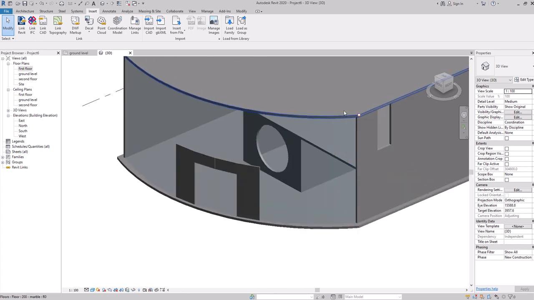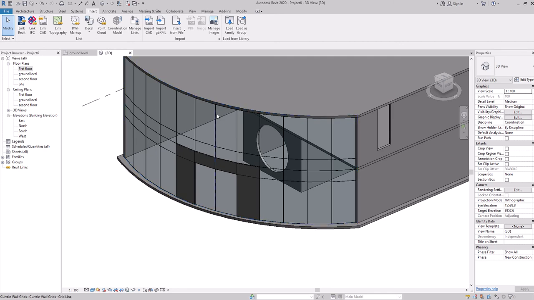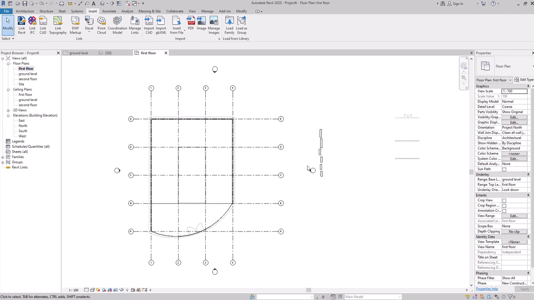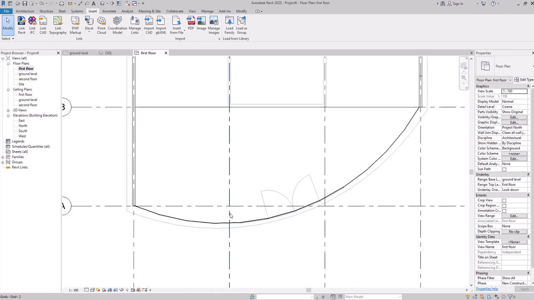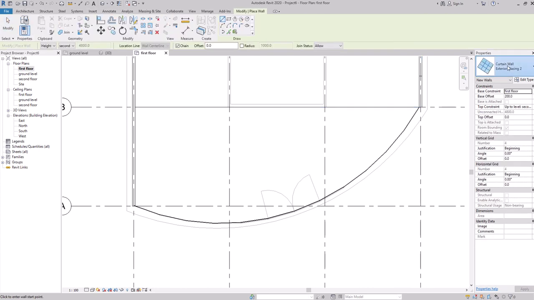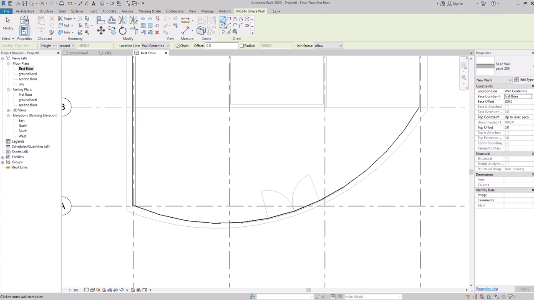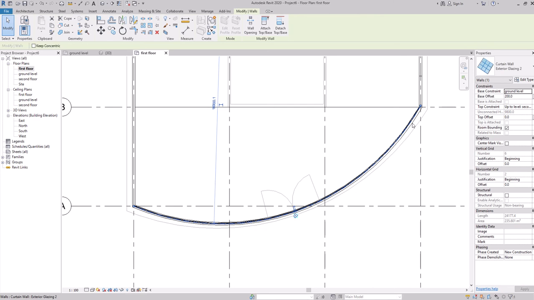One more thing you just need to know. Let's say I have a wall here above this one. Let's just go to the first floor, not the ground floor. So on the first floor, let's say I have a wall above this part. Let me just go to architecture, wall, select normal wall, let's say this one, paint. I'll select arc and start from here to here, and then I'll add it here. Okay, so for this wall,